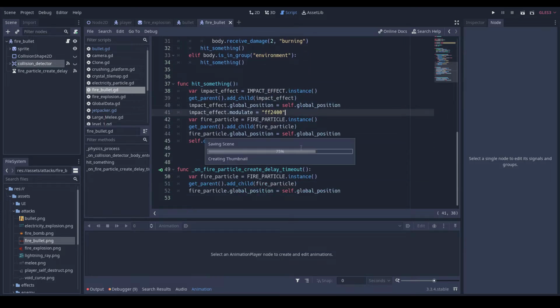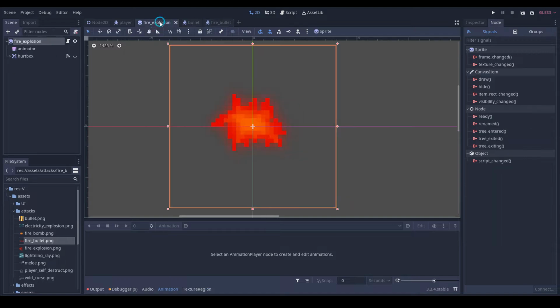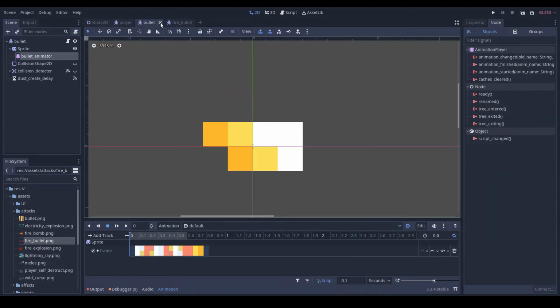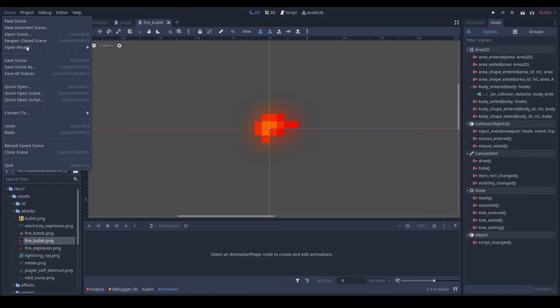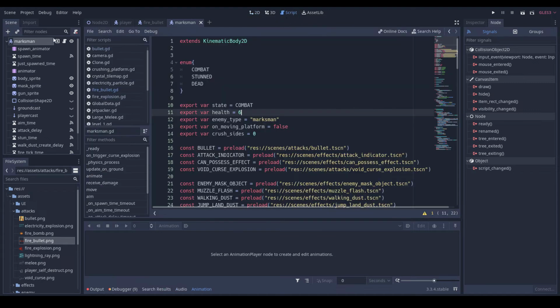Okay, so we got this is done, I think, and we can close this, and then let's open our marksman enemy, and